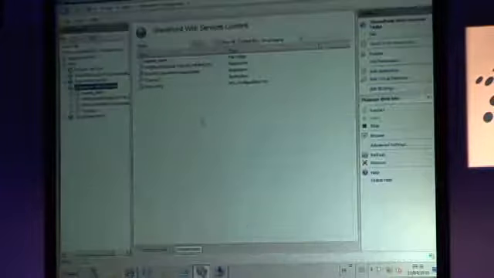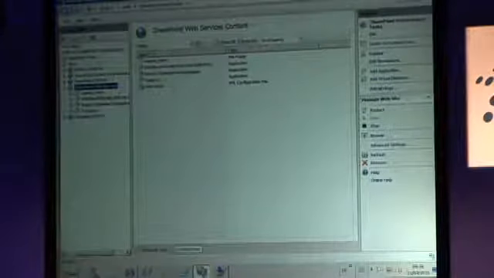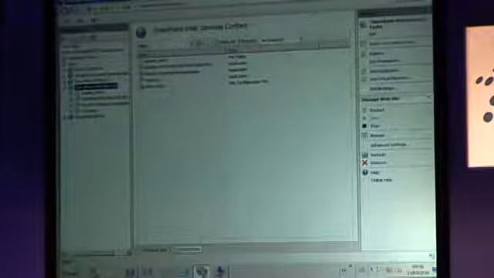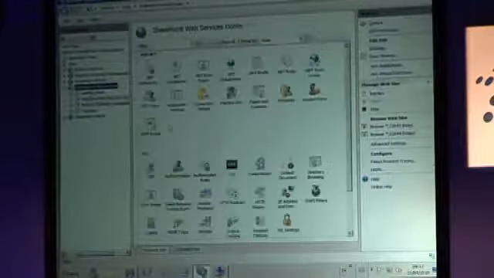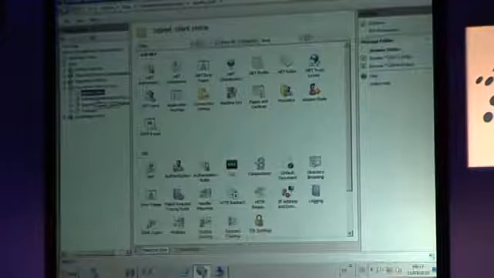Okay, that's actually a bad example. Let me start the Visio graphics service down here. And you'll see that nothing's actually showing up in here that references that service.